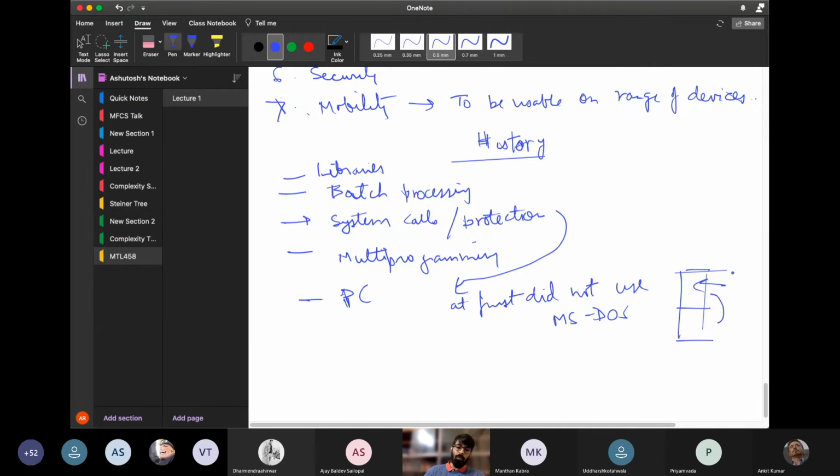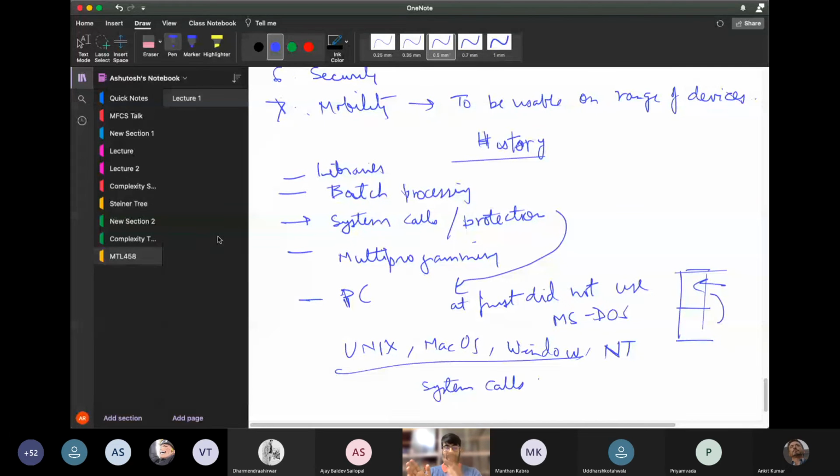But in MS-DOS, for example, they had that. But now all of Unix, Mac, which is Unix based, and even Windows, from Windows NT, started having these system calls and so on. So they all have system calls, which give the protection. So that is just some history, and I just spent 2 minutes on it, but you can read